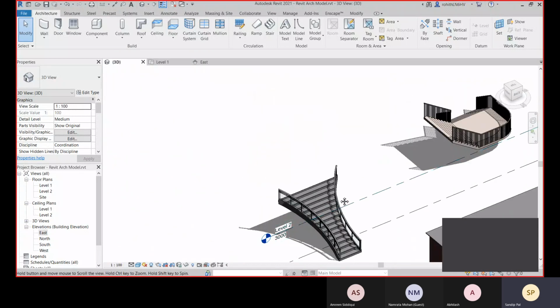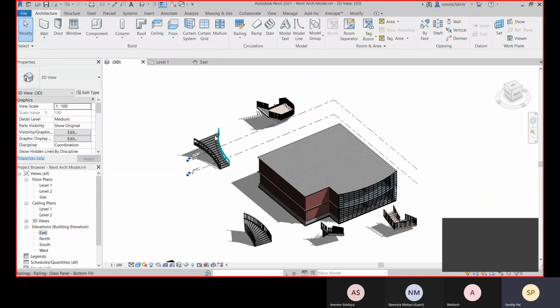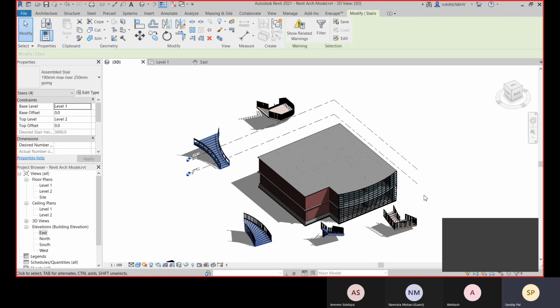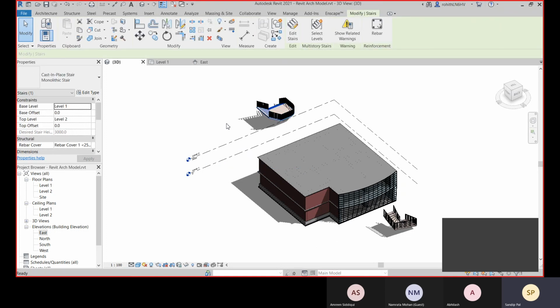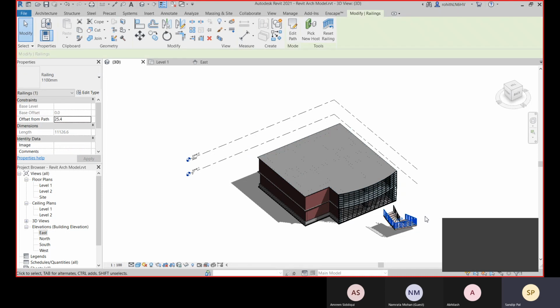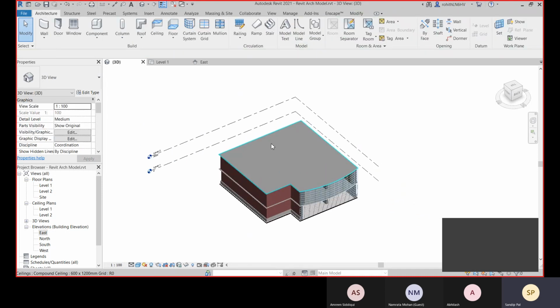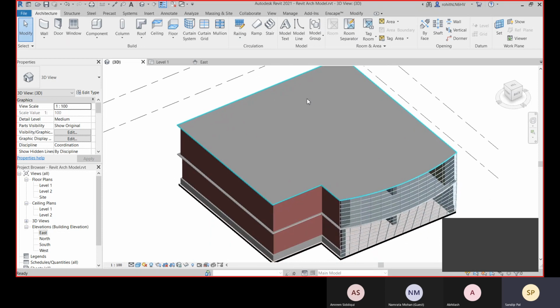Okay, now let's focus on how we can create our railing. Let me select all instances in the entire project. Let me delete this. Delete this. Okay, now what we will do is place railing above this.